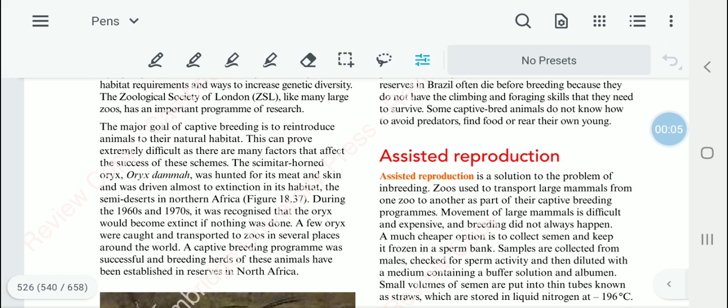Another way of protecting endangered species is by assisted reproduction. This is also a solution for inbreeding. That is, when close relatives of the species interbreed, that is going to be a problem because it might not cause genetic diversity. So, to facilitate breeding, earlier zoos had to transport large mammals from one place to another, which is expensive and time consuming, and it is not practical all the time, because transportation and different changes in their habitat might not always result in